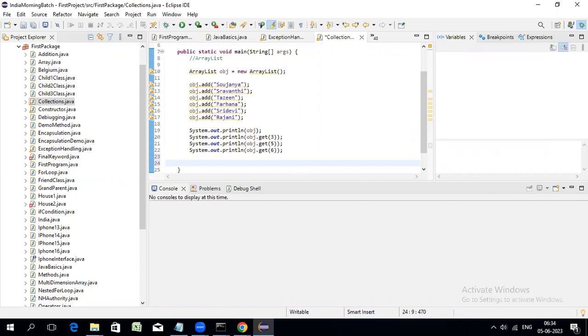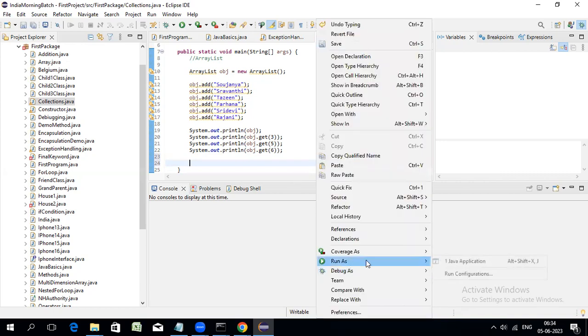If you want some lines of code to be executed irrespective of whether your test case fails or passes, then you have to put that piece of code into a finally block. Okay, very good. So now, if I run this,